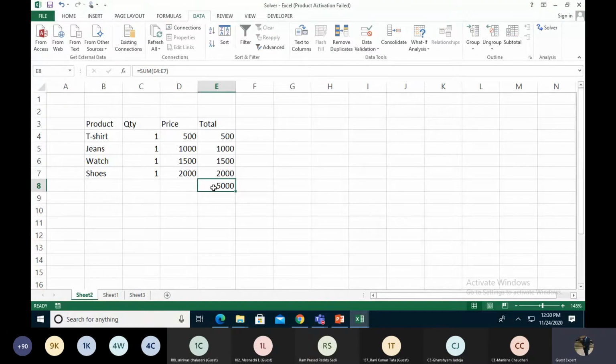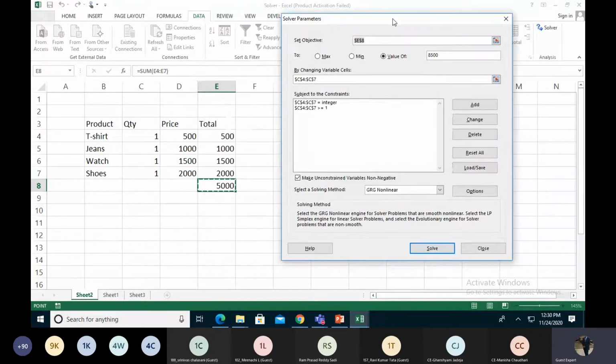So in this 5,000, if I'm taking the 9,000, which products do I have to choose using the solver? It gives us statistical data on which products you have to purchase to get your 9,000 referral bonus. Okay, so I'm just selecting the solver. I'm just removing the criteria right now over here.